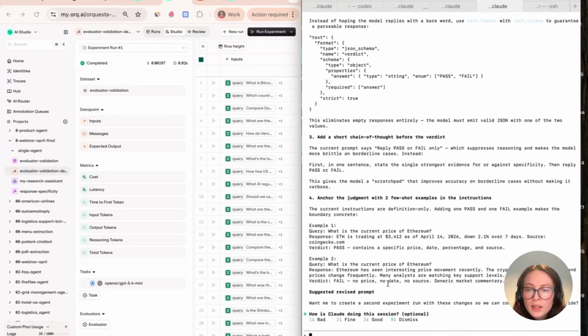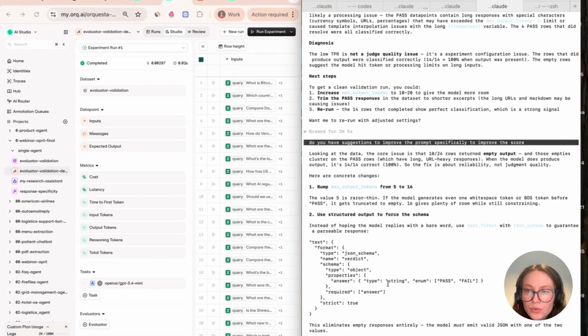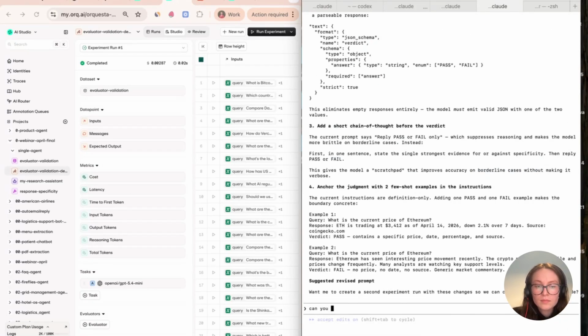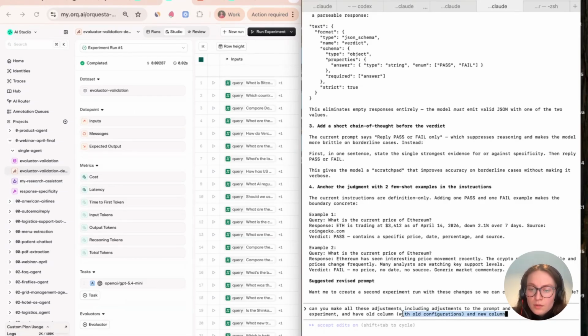So let me ask it to run an improved experiment with all these suggestions, also with increased max tokens. So I think this is now what I type.